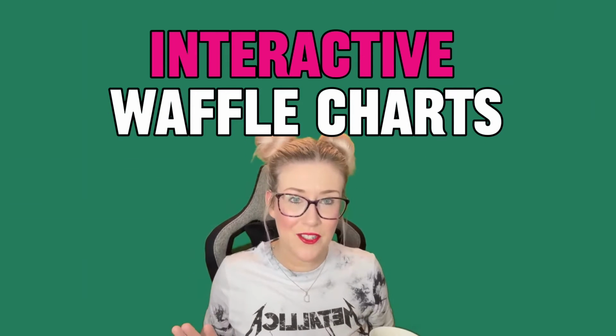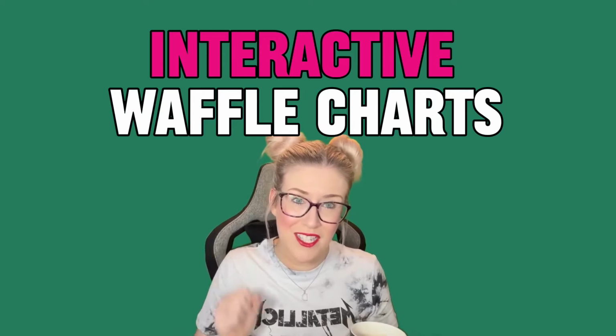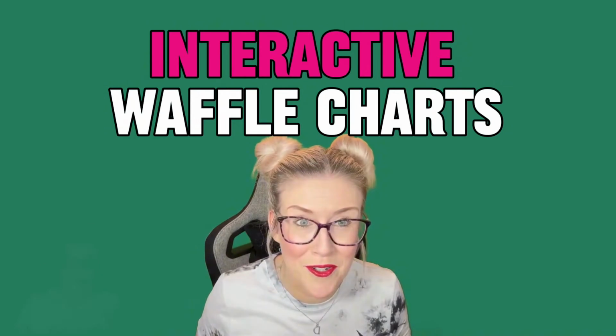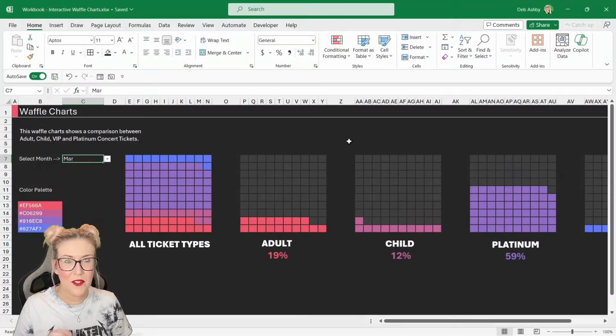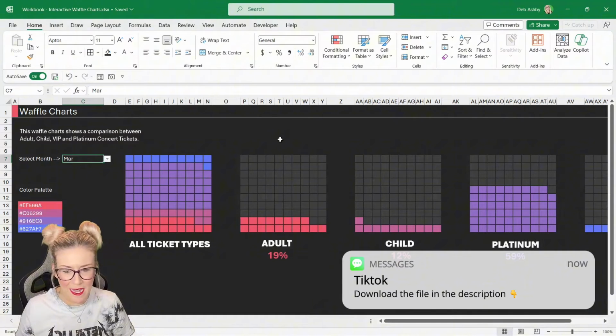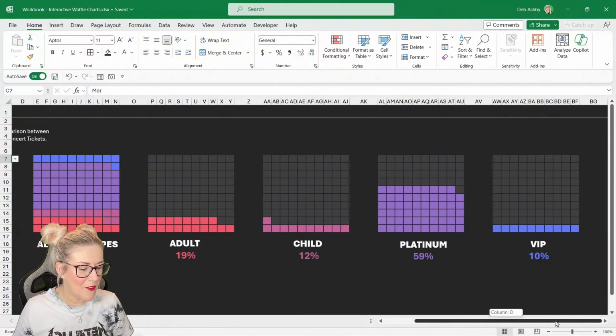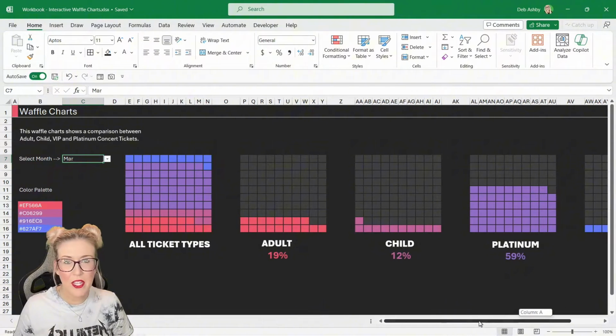By far the most interesting of the pastry-based charts. So let's dive into the tutorial. Now, before we get going with this tutorial, let's just take a look at what we're aiming for. So these are waffle charts. If you've never seen them before, they're these kind of grid-looking charts that we can use to represent comparisons between